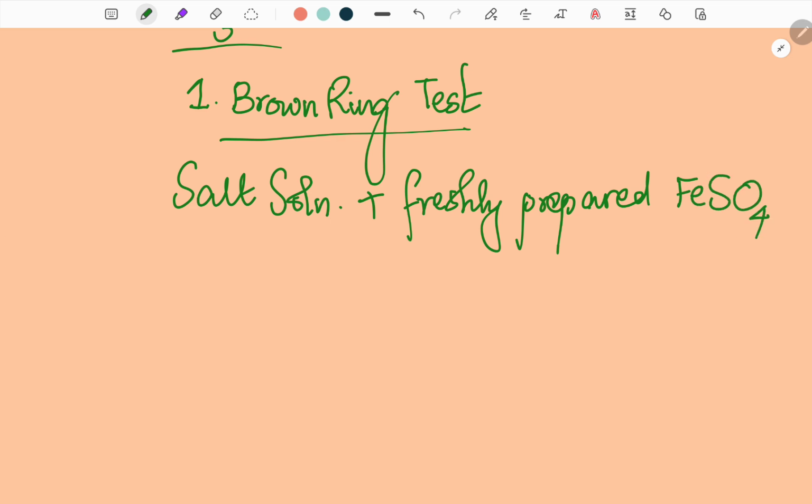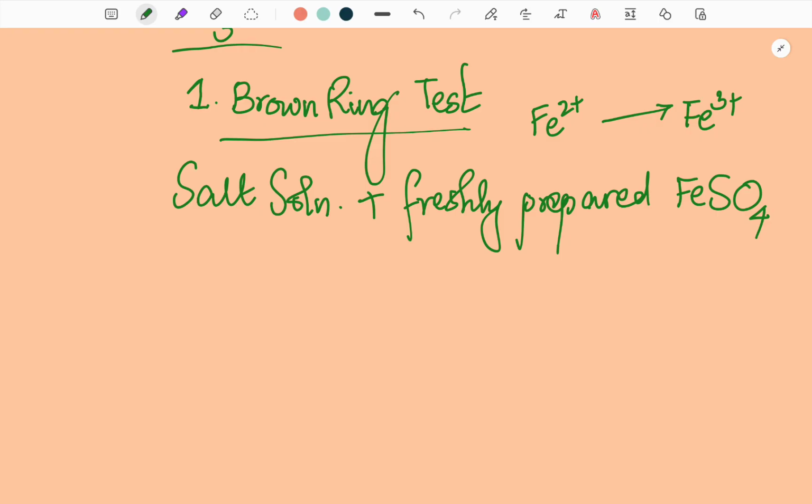So why should it be freshly prepared? Because ferrous ion can easily get oxidized to ferric ion by losing an electron. So in order to prevent this oxidation of ferrous sulfate into ferric sulfate, we have to freshly prepare the ferrous